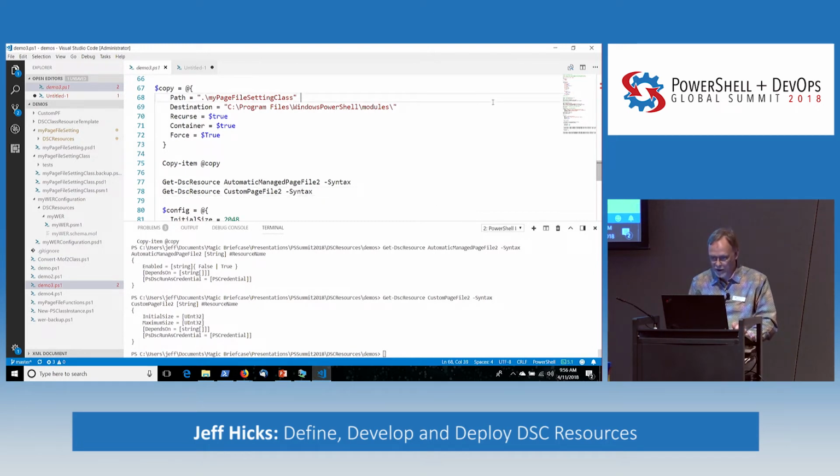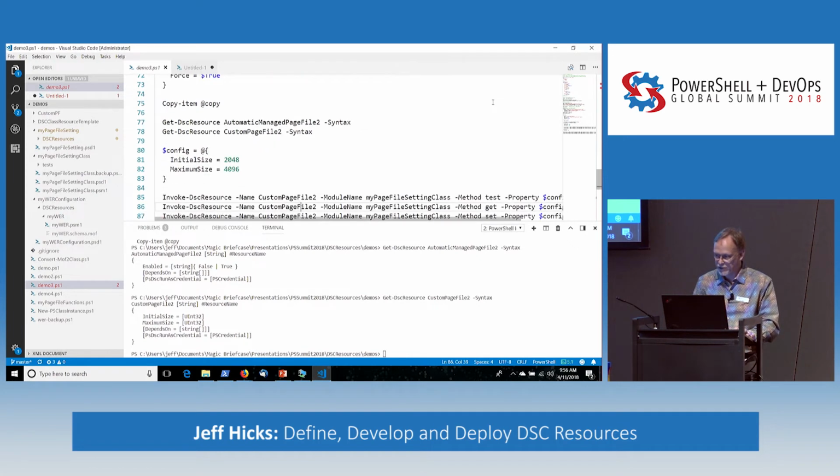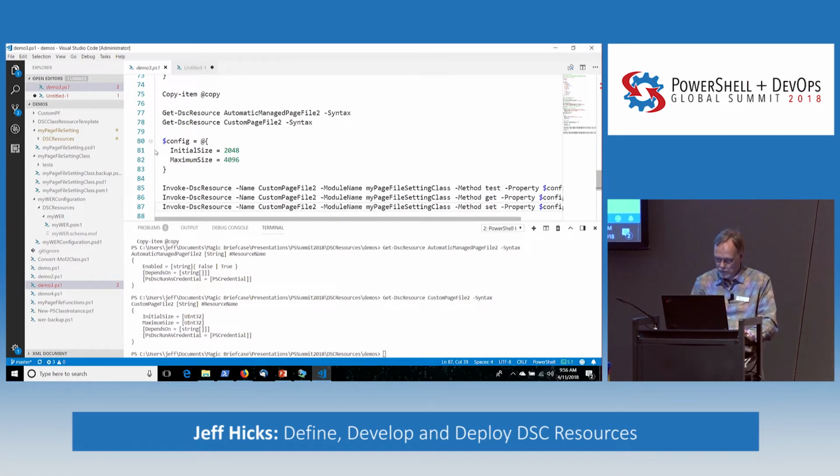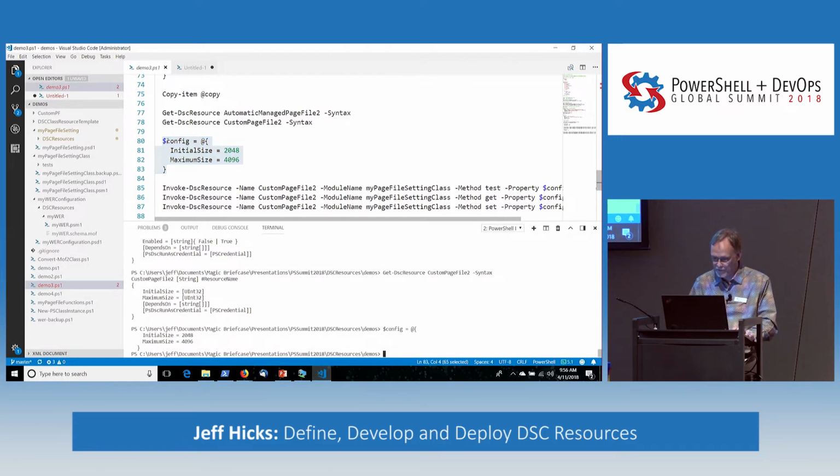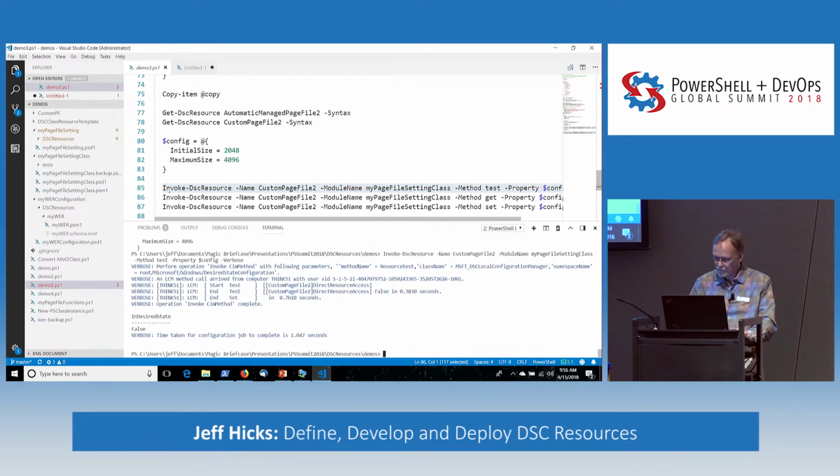Now that I know that they are in the right places, I can test them. So let's try to use Invoke-DscResource. So again, this is like a sample configuration, the hash table of setting initial size and maximum size. Now this might fail because I bet my page file is still set to automatic, but that's okay. That looks pretty good. So I'm not in the desired state. And if I do the get,